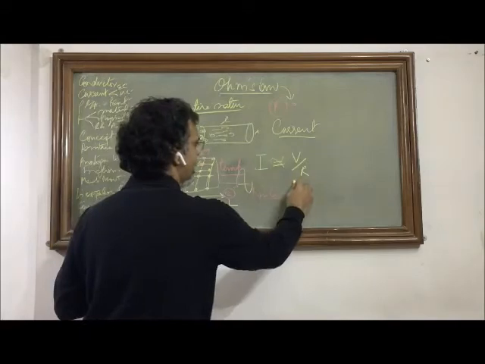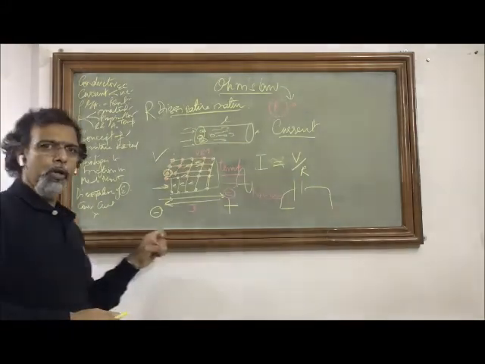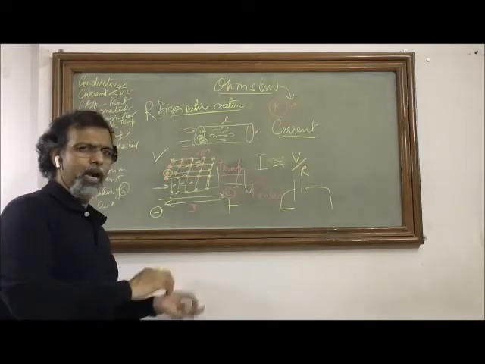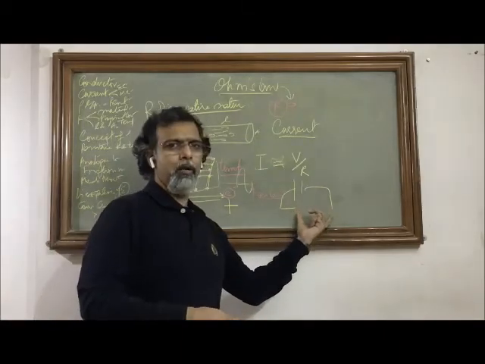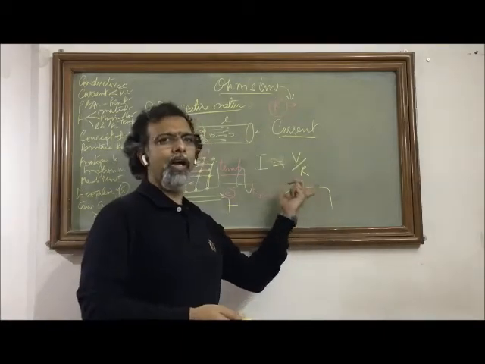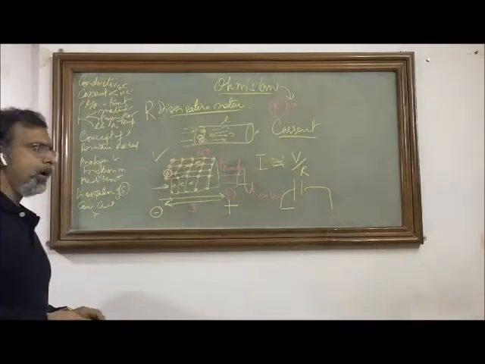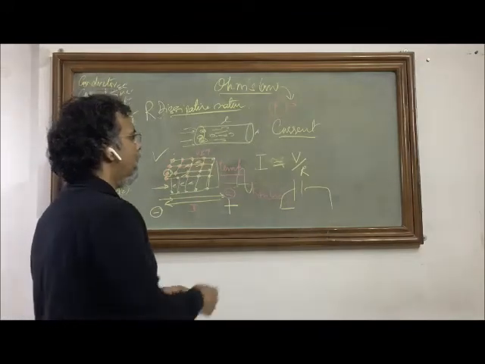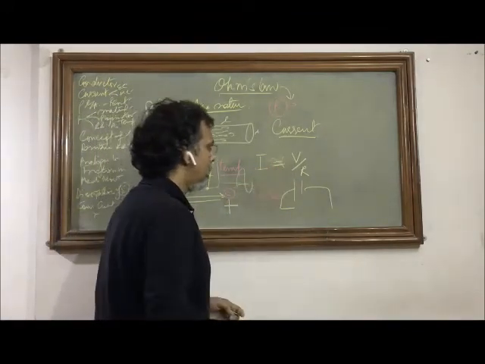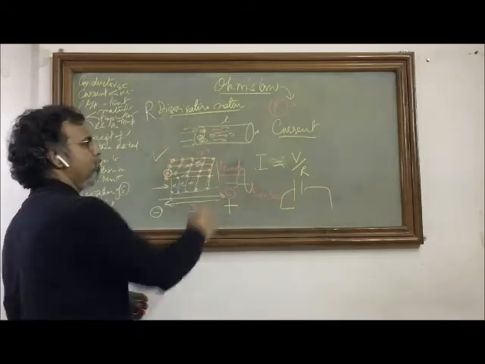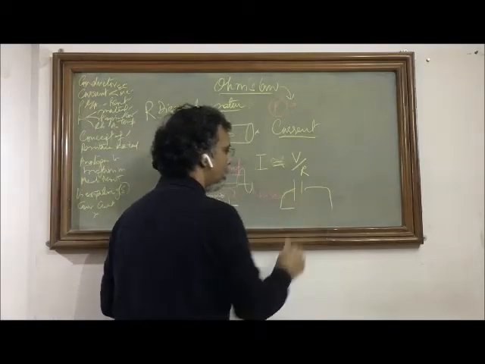If there is an open circuit like this, there is no meaning in actually applying Ohm's law, though we may deduce directly or indirectly that there is a resistance here, because any matter would have some resistance. So we say the resistance is highest, and this way we prove that the current is zero. That is one thing we can do, but technically speaking, unless we have current flowing, we may not be able to apply the implications of Ohm's law in a circuit. So it should be a closed circuit in which we can apply Ohm's law.